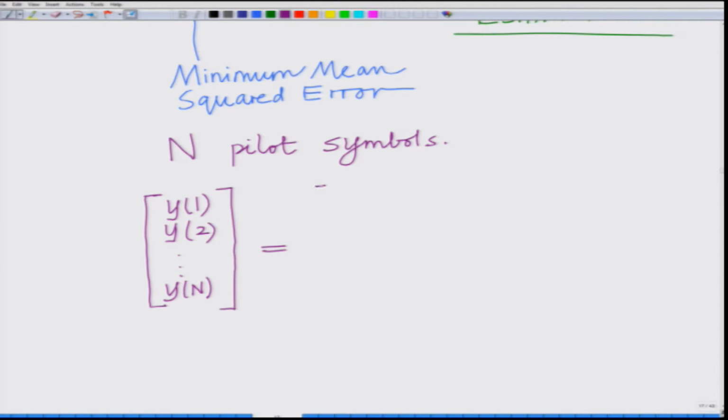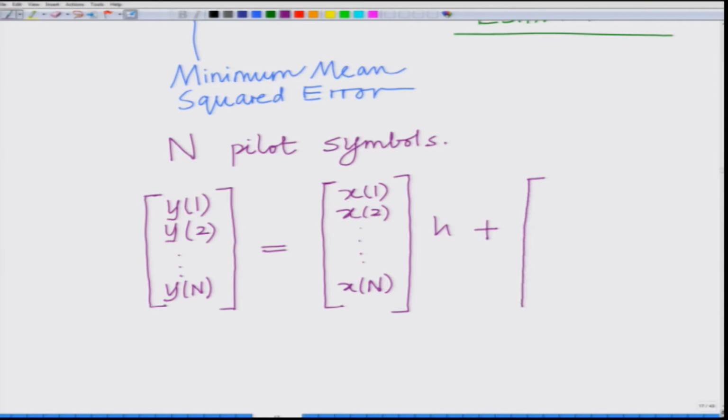This is the received or observed vector, which is equal to your pilot vector comprising the pilot symbols x1, x2, so on up to xn, times h, which is the channel coefficient, plus the noise samples